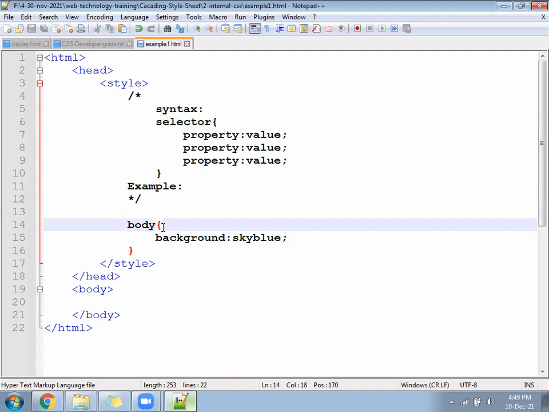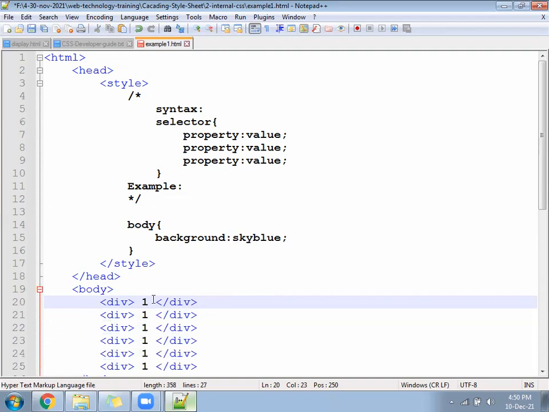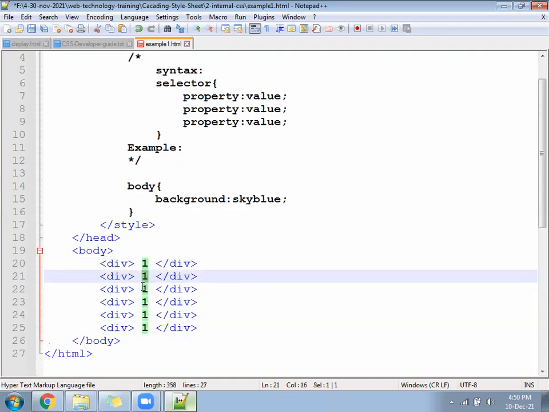Next, come under the HTML. Right here a div tag, and keep six of them: 1, 2, 3, 4, 5, 6.